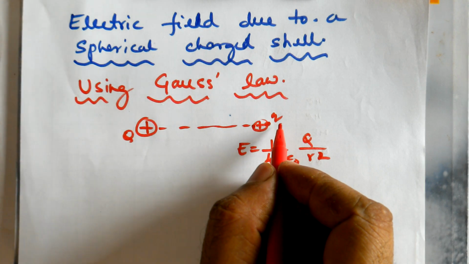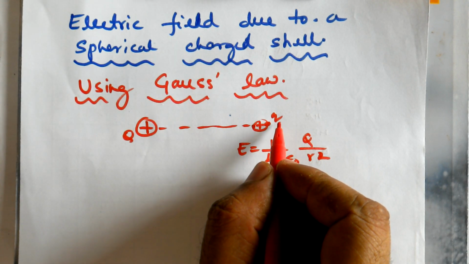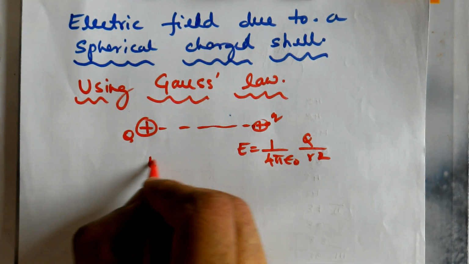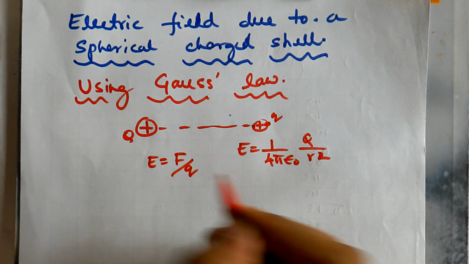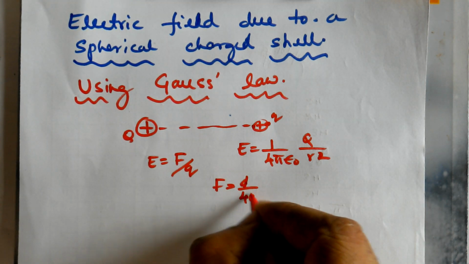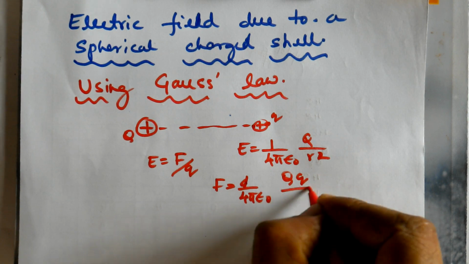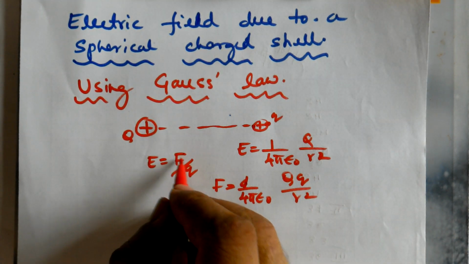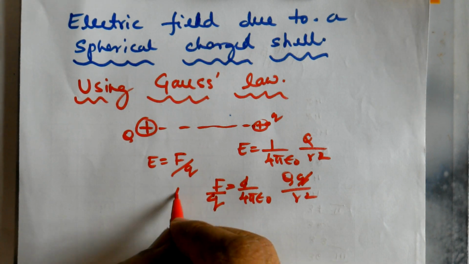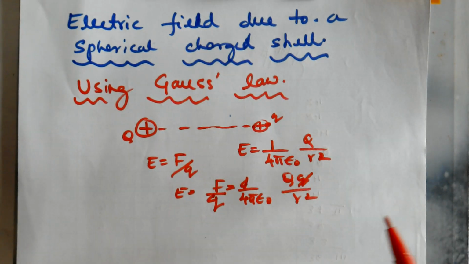doesn't depend on the test charge. Electric field does not depend on the test charge, because it is the source which is creating the electric field, because E is equal to F by q. So even if you apply Coulomb's inverse square law, which is F is equal to 1 by 4 pi epsilon naught Q q by r squared, when we go for F by q, this q gets cancelled. So that becomes the electric field. So only the source charge appears here.